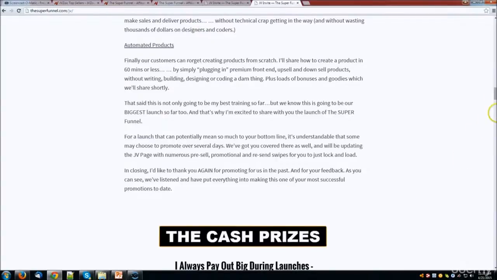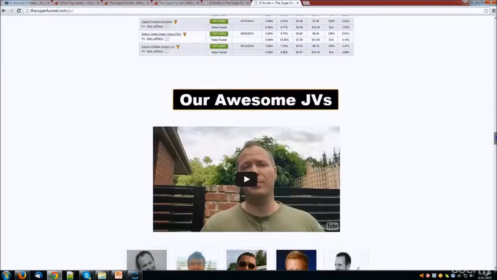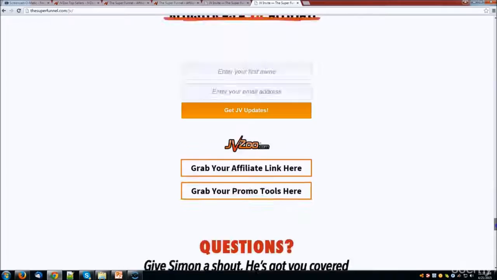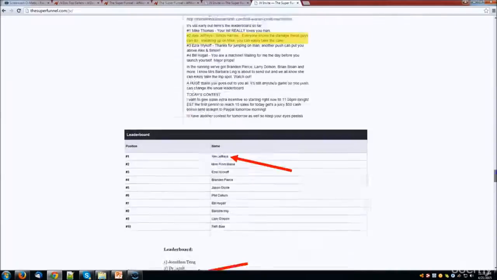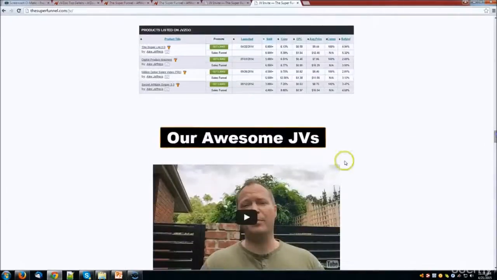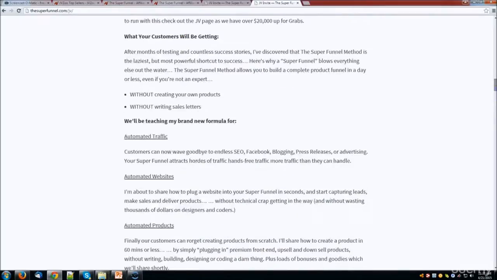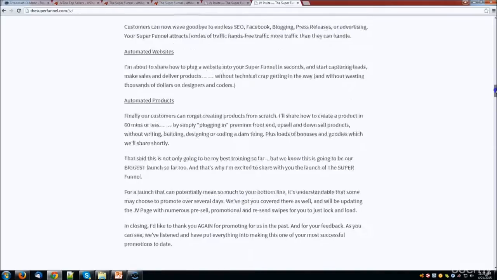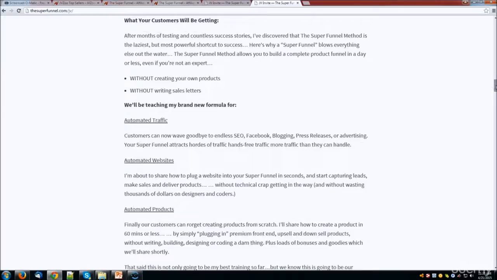Now on the JV page, as I said, you always have the information about the launch. You can see different information, but in this case we don't really care about the leaderboards or the JVs that are promoting. We care about the content about the product. In case we don't have access and cannot see what's inside, we can see on the JV page, basically from their opinion, what they offer us and what we can buy. So looking at the text and reading the content, we are going to get an idea about the product. We are going to have our own idea or our own opinion.